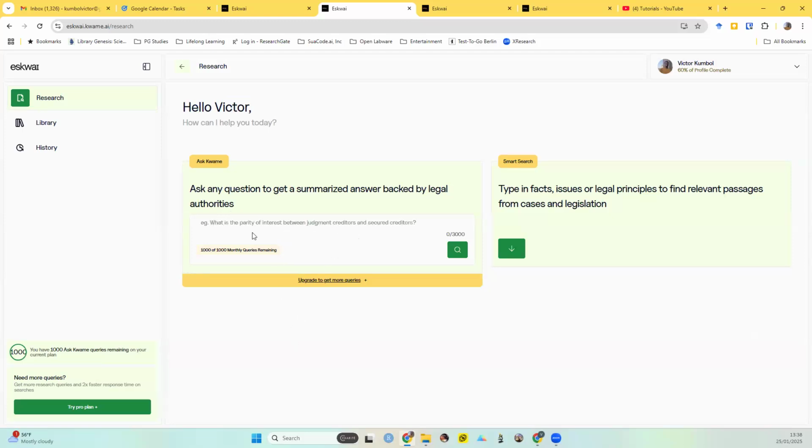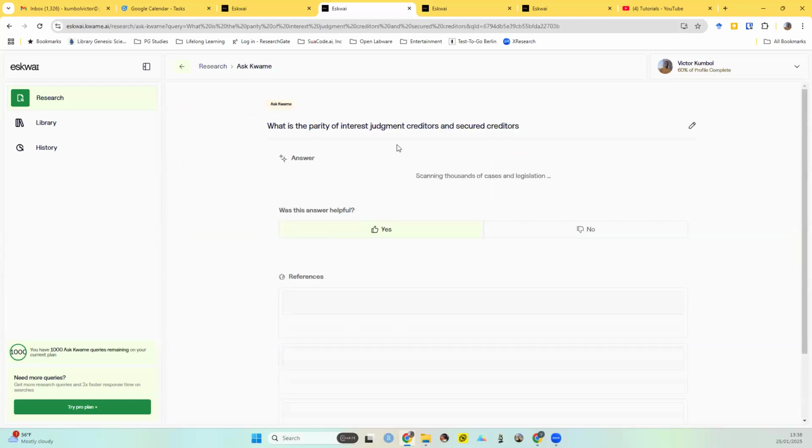So I'm going to use the example which is there. What is the parity of interest between judgment creditors and secured creditors? So you can type in a question like this. We are currently scanning through the database in the background, pulling up relevant passages, and based on those, we generate